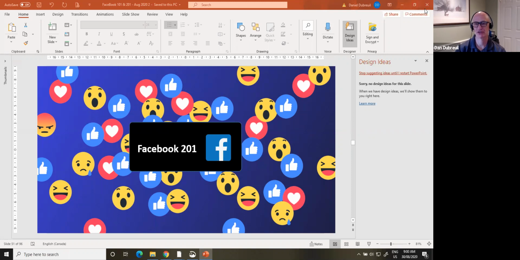It's a little bit of a shorter session today than yesterday. We're going to go into a little bit more detail on some of the less obvious features and benefits and settings within Facebook. So with that, we'll just maximize the screens